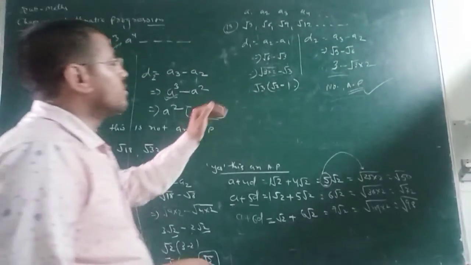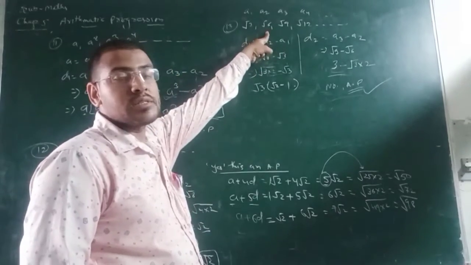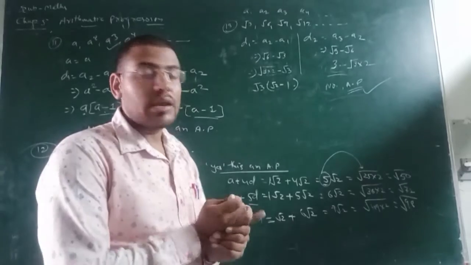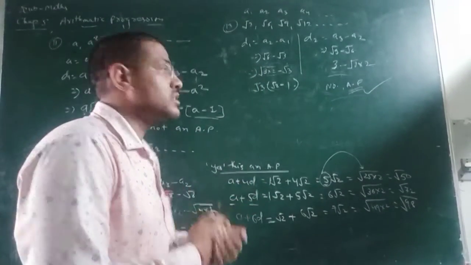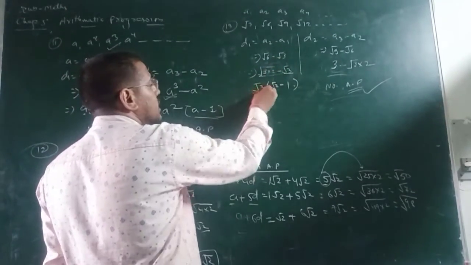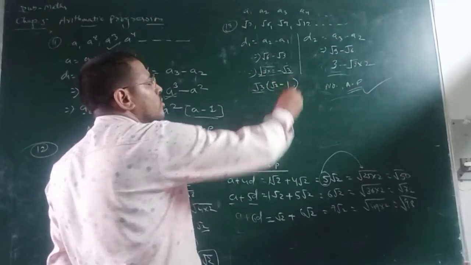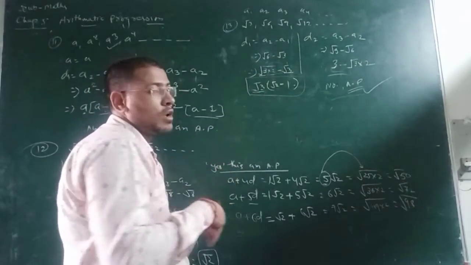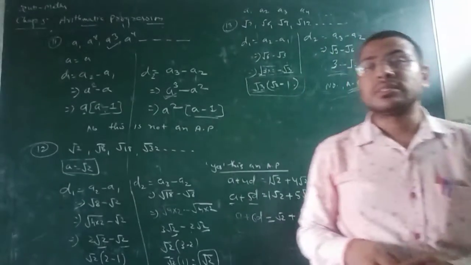Now d1 is equal to a2 minus a1, your a1 is root 3, so root 6 minus root 3. You cannot get the difference between both of them directly, so we can make some factors. Root 6 is root 3 times root 2, and root 3 is there too. Root 3 is taken as common, but inside the bracket, root 2 minus root 1, or simply 1. So this is the basic first difference you found. Now the same difference is to be found on the other side. If you get the same difference, it will be known as an arithmetic progression.